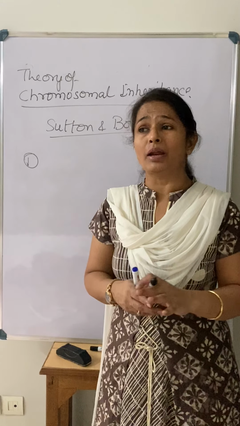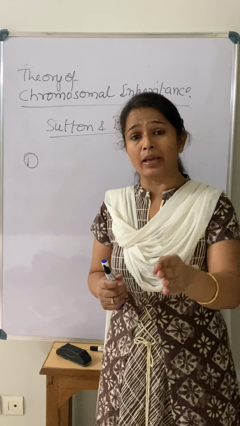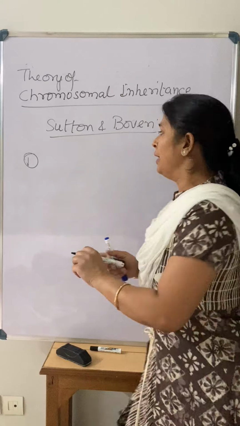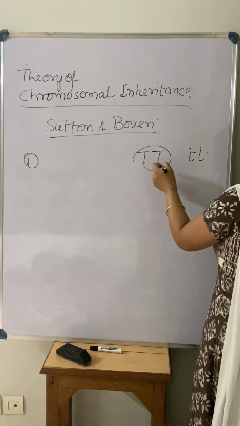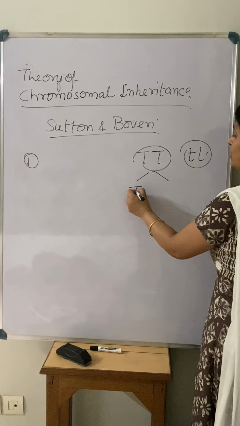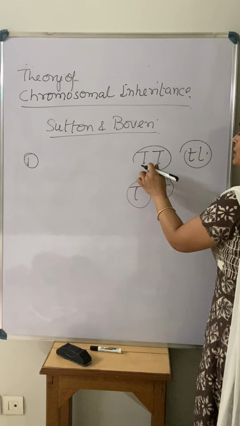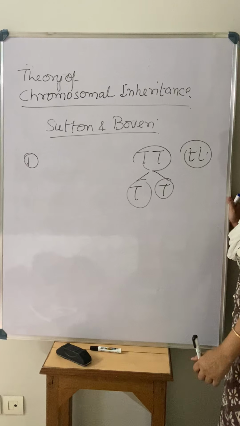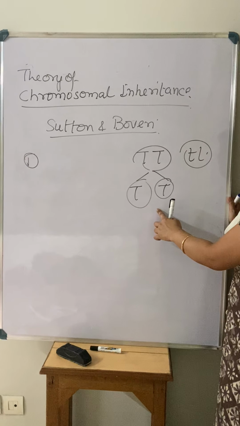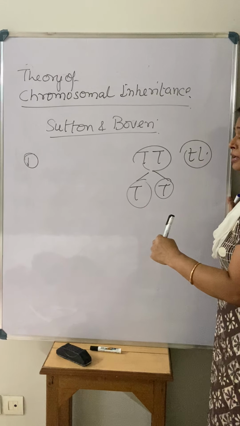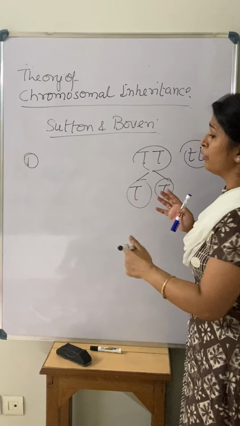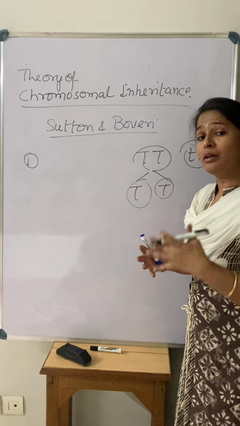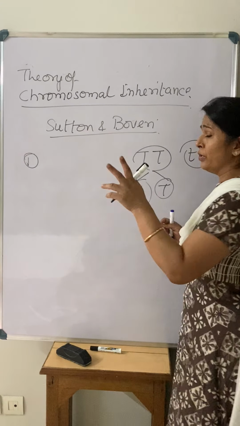Mendel was saying, if you remember, during the formation of gametes, capital T and small t, this is the factor that will segregate during gamete formation. Actually there is a segregation of the diploid into the haploid chromosome number. Nowadays, as we are aware of chromosomes, that is what he was actually talking about. So Sutton and Boveri put Mendel's laws on the chromosomes. So first was what?